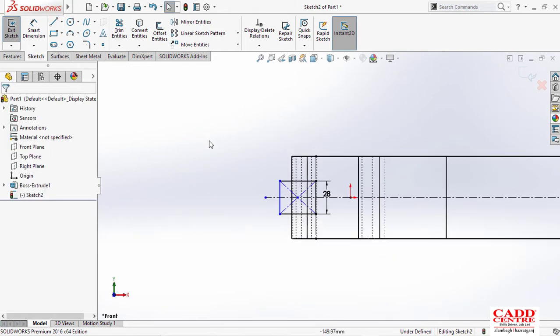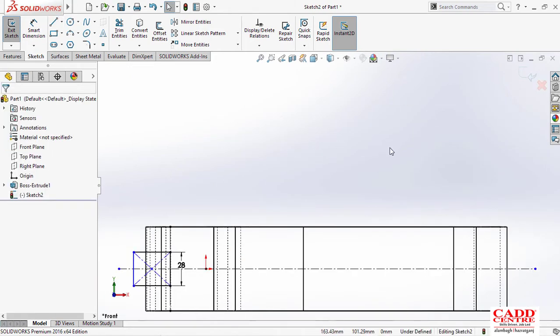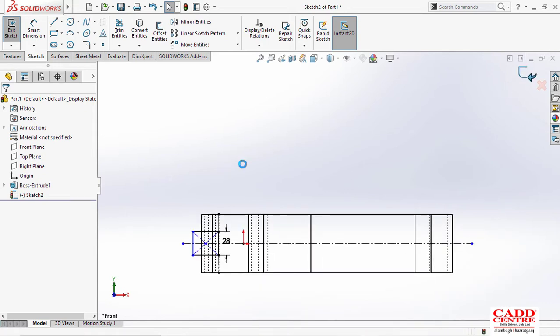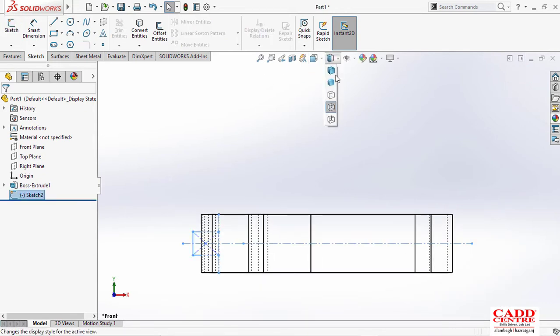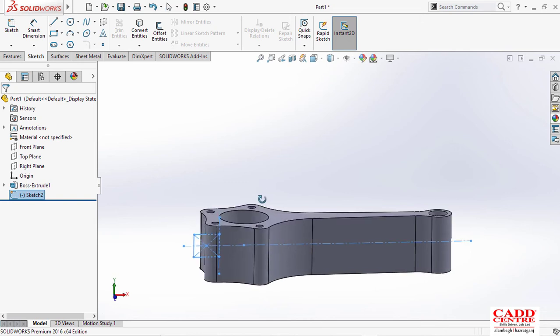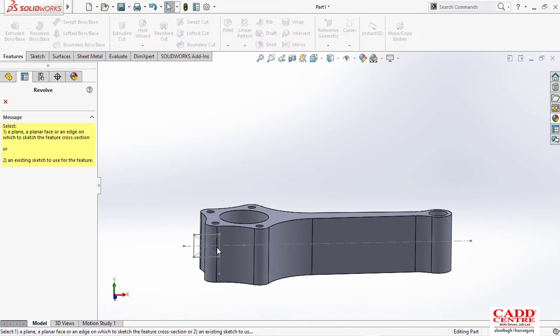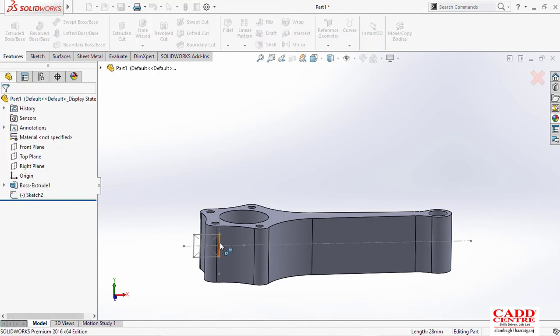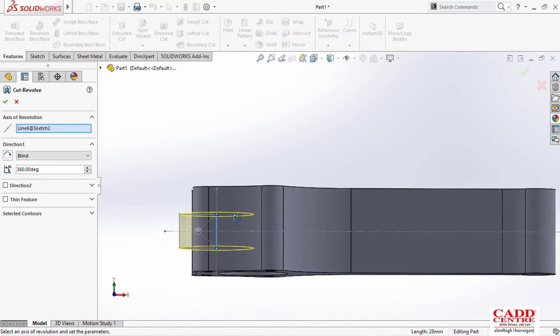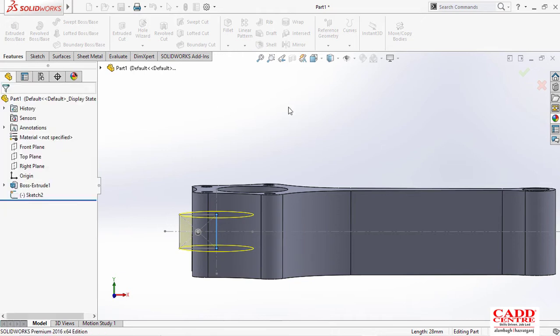Okay, before going further, let me extrude cut or revolve cut this one so that we will get the smooth figure. So let me make it solid again, and we will go to Feature and then Revolve Cut, select this figure, and it should not be cut like this. So I'll just